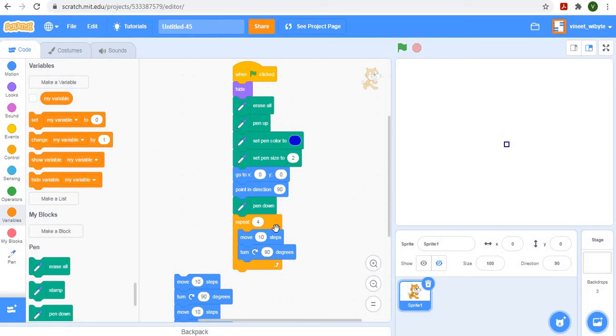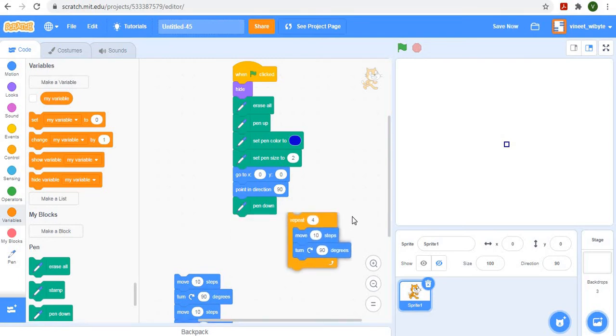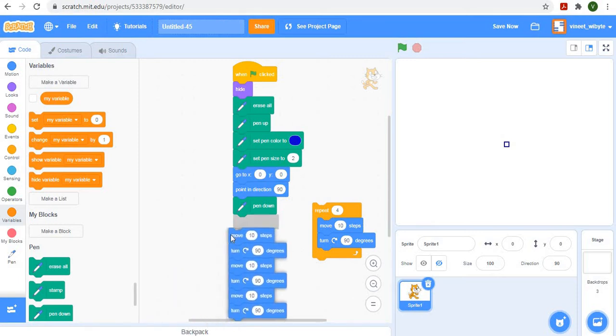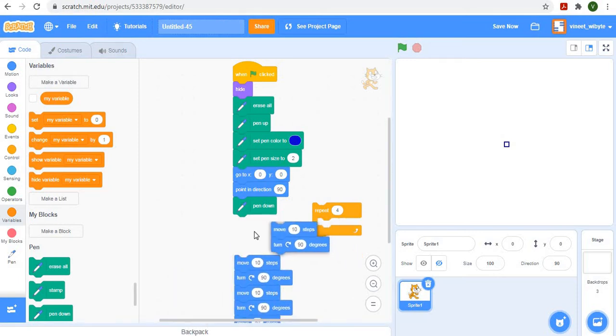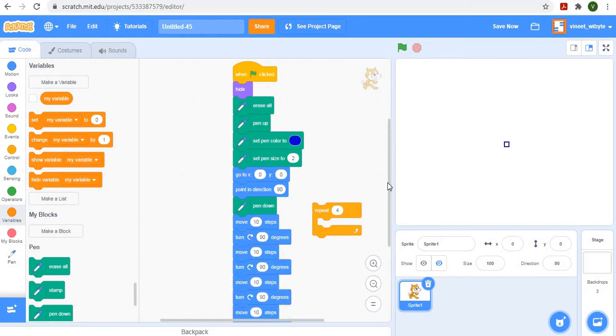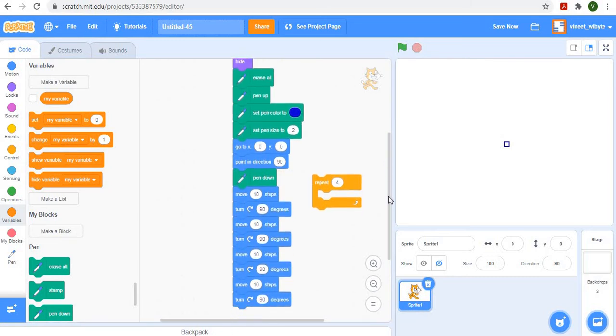Well, first of all, I'm going to open up this repeat loop. Now this may look a bit strange, but there's a good logic why we are doing this. Instead of writing a repeat as I had done earlier, I'll just write this 4 times. Now you might recall that this is how we had started building the square, and then we had put it all in a repeat, because we're just repeating move 10 steps, turn 90 degrees, move 10 steps, turn 90 degrees, and so on. So if I did this, I will get a square again, and this is not a surprise.